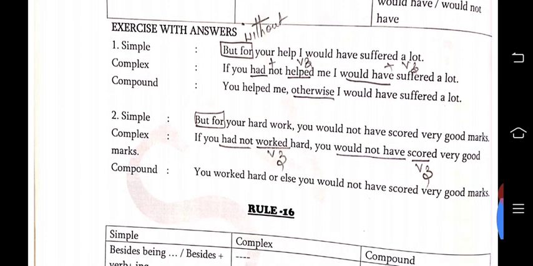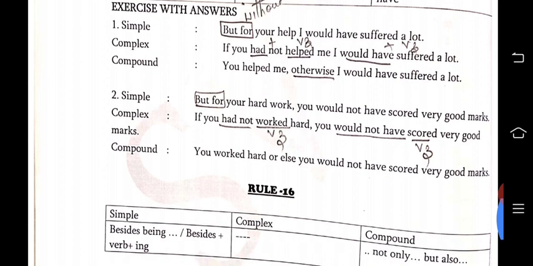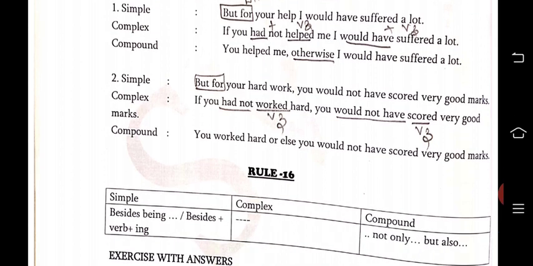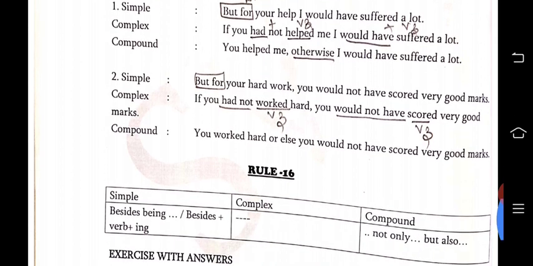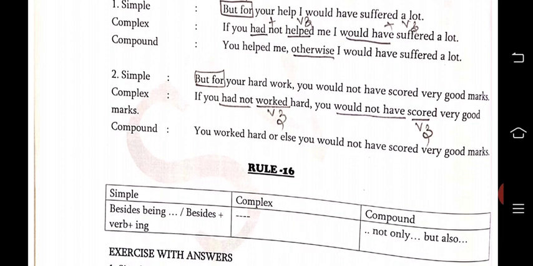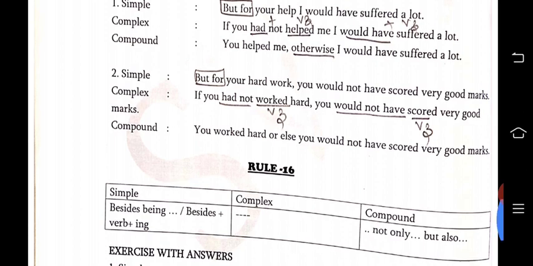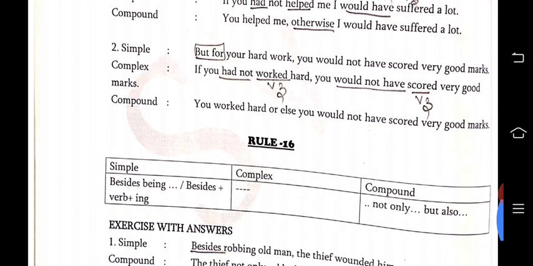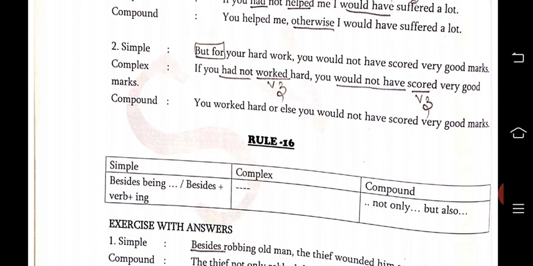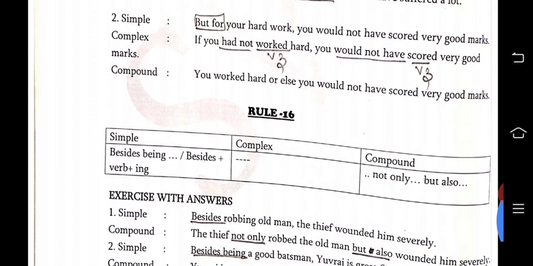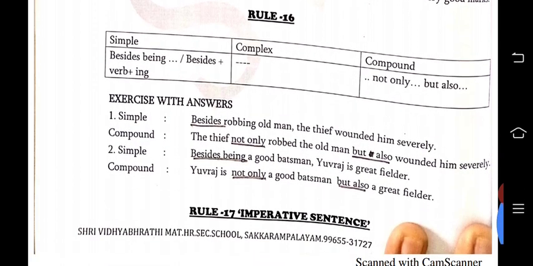Okay, and one more example, but for your hard work you would not have scored very good marks. So without your hard work you would not have scored very good marks. If you had not worked hard you would not have scored very good marks. Okay, and then you worked hard or else you would not have scored very good marks. Okay, and then rule number 16,